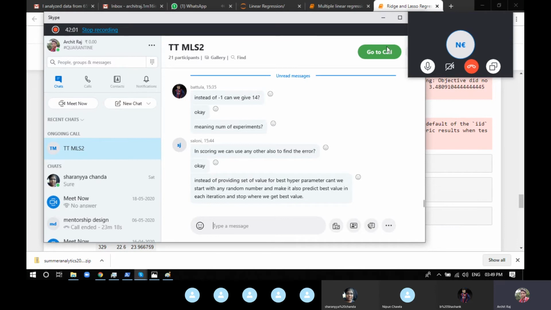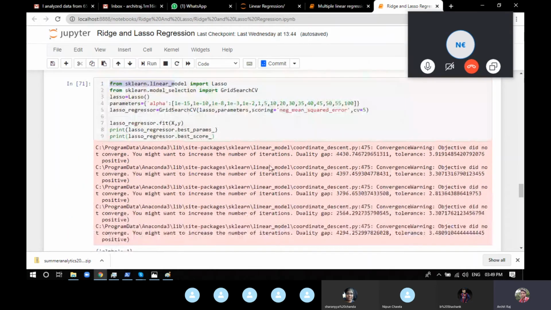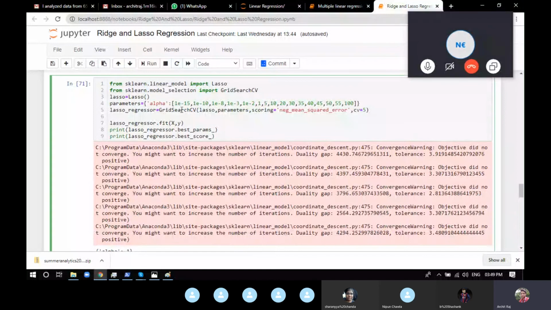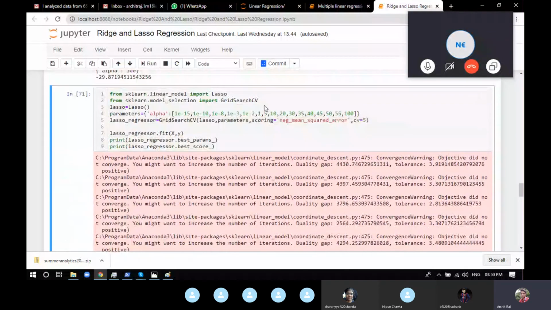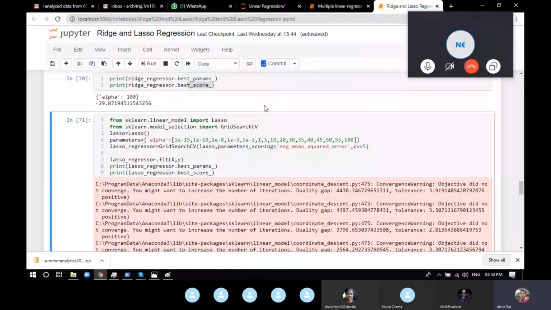In grid search, if you want to make your model more accurate, you can make this grid search CV an iterative measure, like putting it in a for loop. The first time we found the value of alpha, because this time the range is from 10 to the power minus 15 to 100, we have the value of alpha as 1. If the best value is 1 out of all this, the global best will be somewhere close to 1.